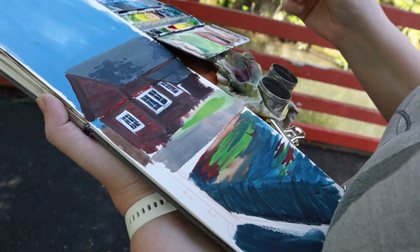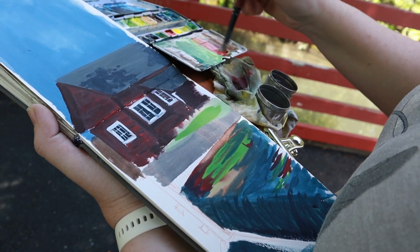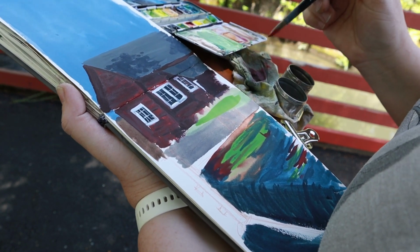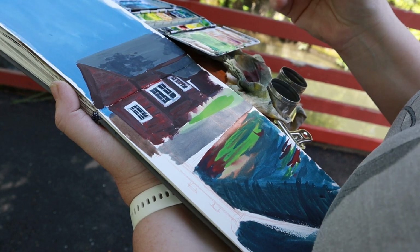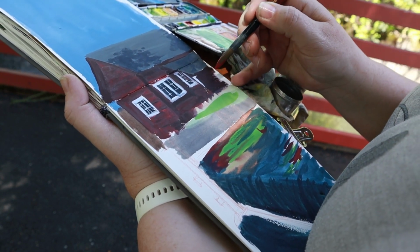The bridge is red, much like the building. Some red in here. So the far side of the bridge is in sun, so I'm going to keep this nice and light. And I'm just going to, let's see, where do I...